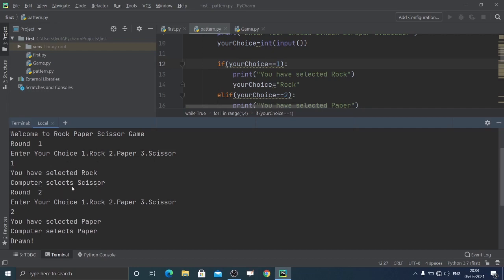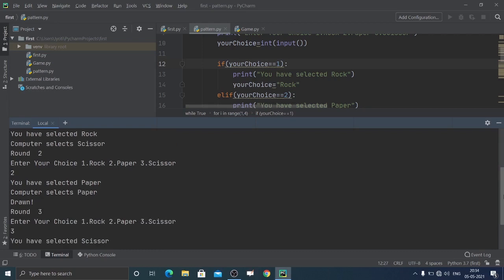The computer chooses a random value from this range, that is rock, paper, scissors, any value. If I select rock and the computer selects scissor, then obviously I win in this round. Then there is also a count.